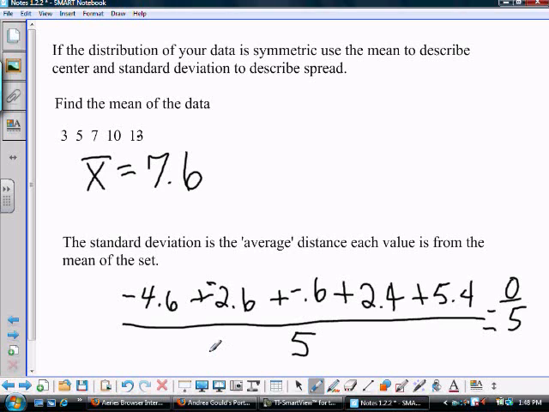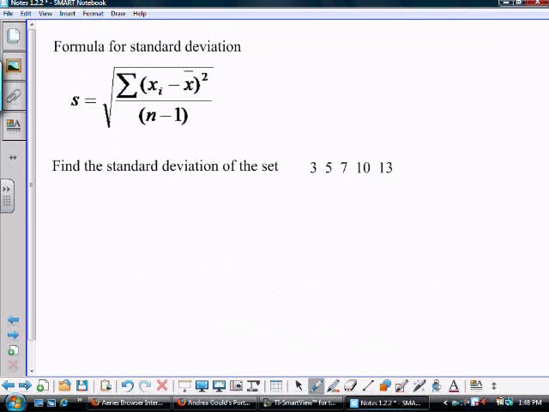If I just looked at the average of the signed differences from the mean, I get 0. That's always going to be 0. That's not going to be a particularly good measure. My measure of spread would always be 0. So let's not use that one. That one doesn't make a whole bunch of sense. So instead, we're going to use something that has some square roots in it, some squaring. Okay. So the standard deviation formula is going to be a square root of the sum of the differences,